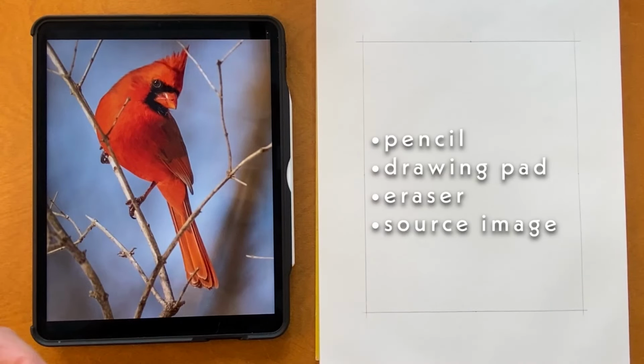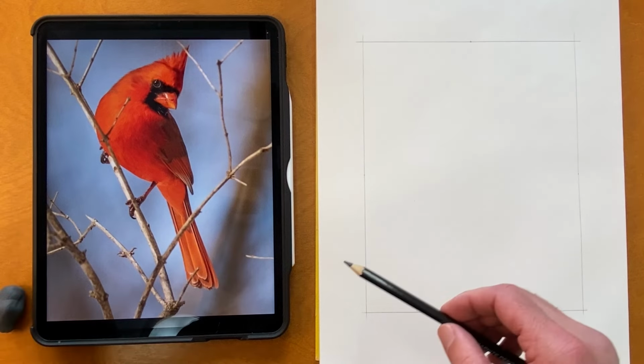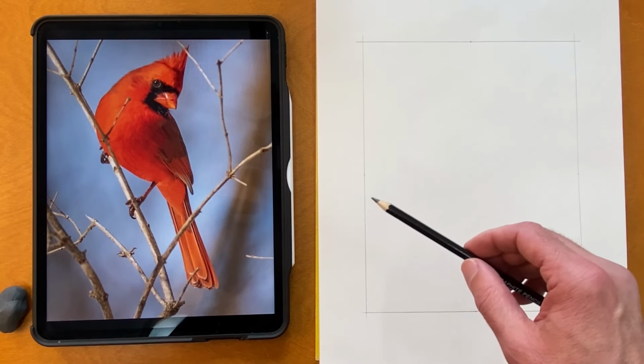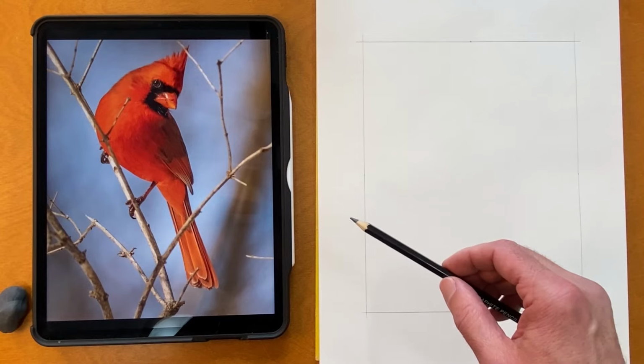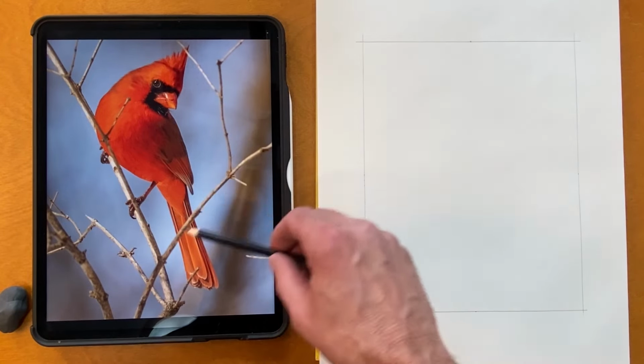For this project, you will need a pencil. I'm using a 4B pencil, a drawing pad, an eraser, preferably a kneaded eraser, and you'll need to download the source image. We're going to be focusing, as we have been, on what I've been calling PPO, that is, proportion,